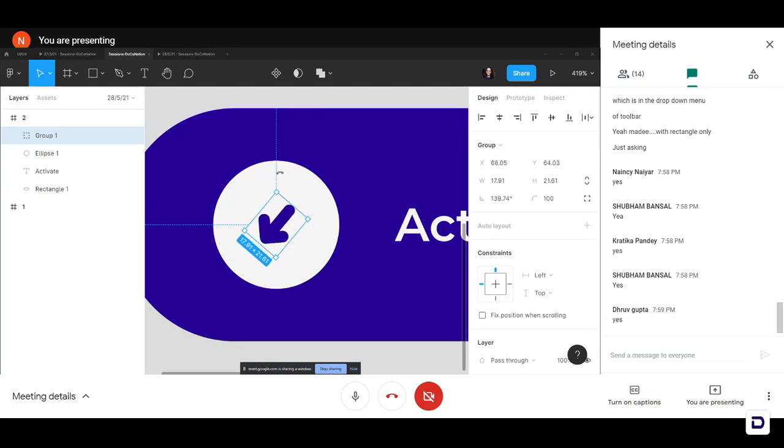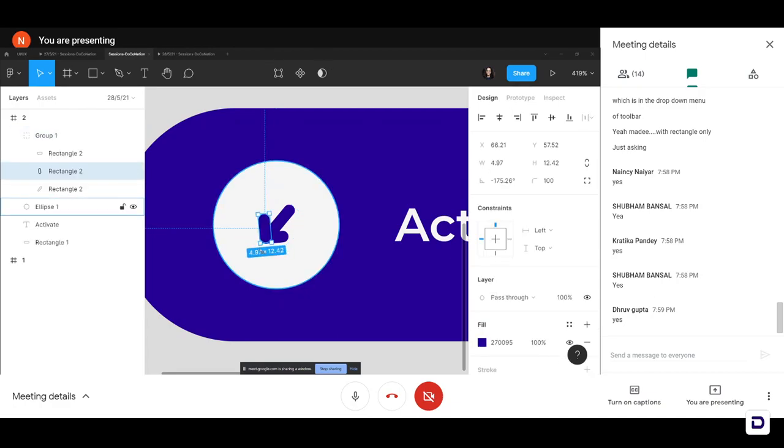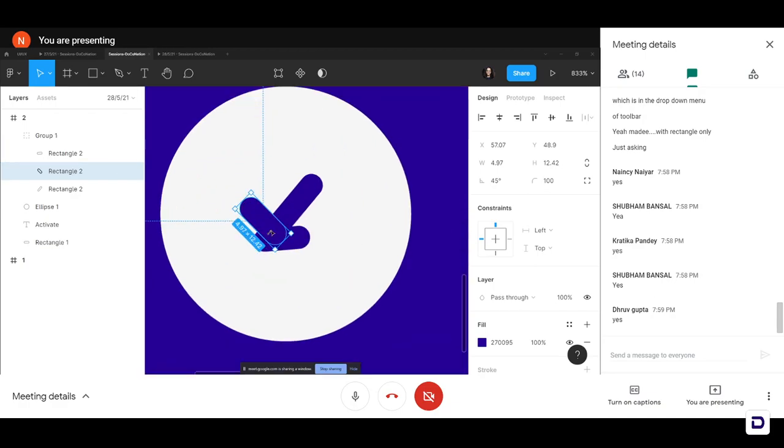Okay, and we are going to change the angle of this little one so that it looks like a tick mark. So I'm going to select it, head over to my properties panel, and right now the angle is minus something, 175 something. So let's just change it to minus 45 degrees. Okay, so let me position that properly.